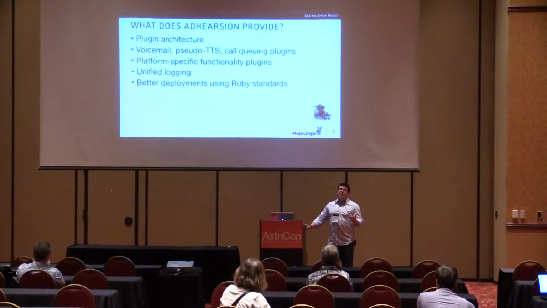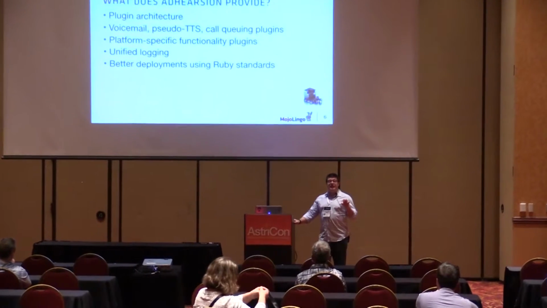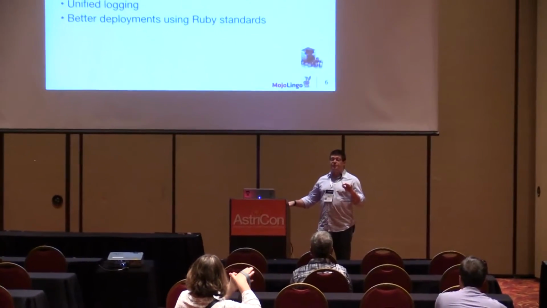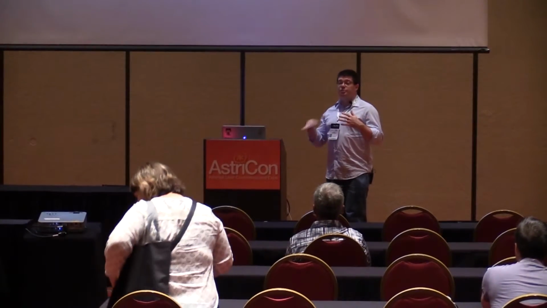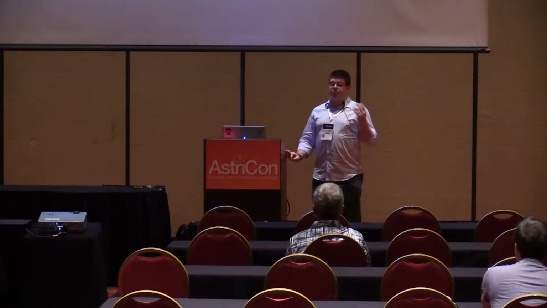There are platform-specific plugins. Asterisk does have some functionality that's not available unless you run a specific subset of commands. As you know, the AGI stuff resides in a plugin, so we can pull that in only when we need it. It's got unified logging. We can log to Logstash or text or whatever. And what's important is that, in my opinion, compared to a dial plan-based application with a mishmash of scripts, having a single Ruby app you deploy, like any standard Ruby app, makes the production environment and the general development experience far more pleasant.